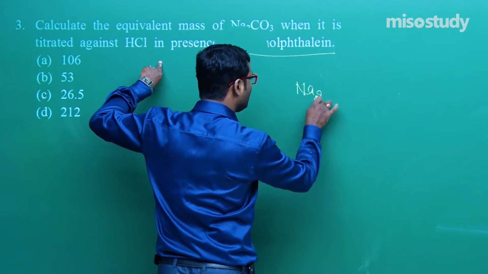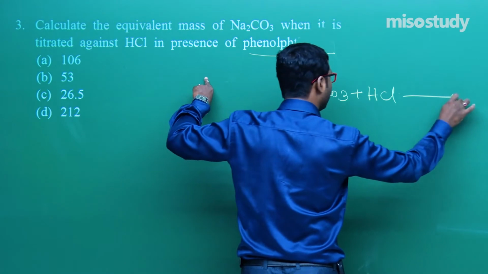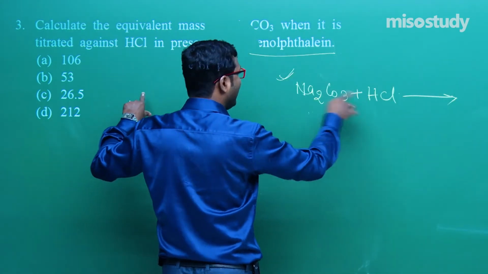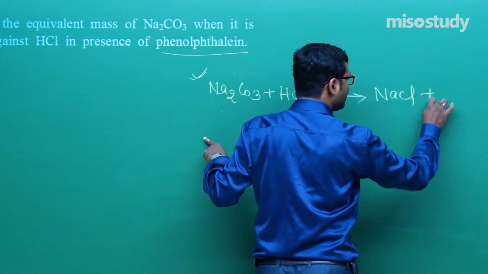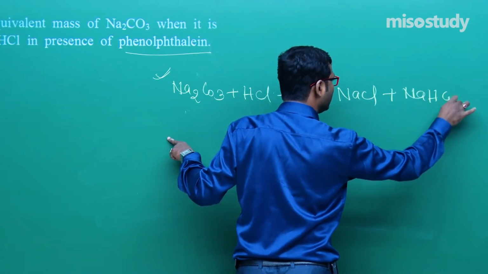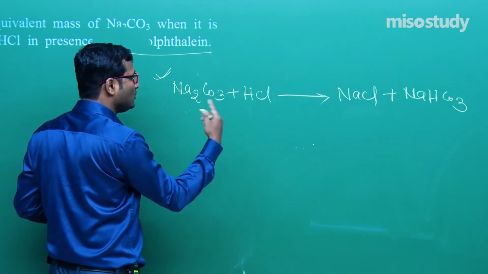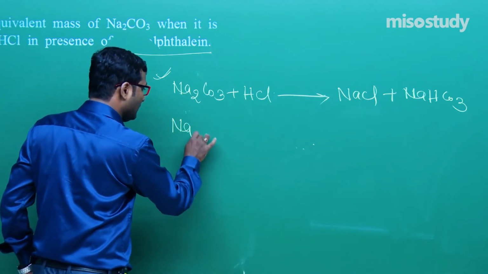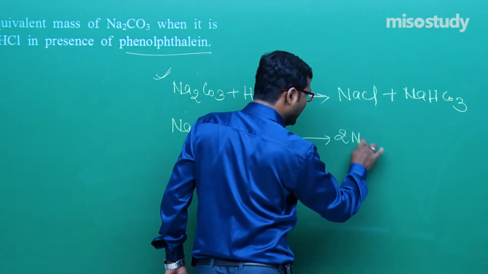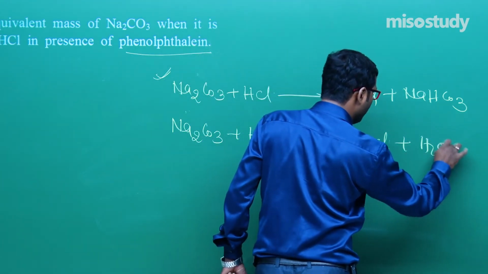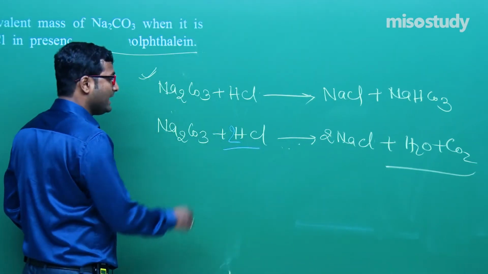Na2CO3. Look, this is one of the best questions in acid base titration. I have also discussed this, and again I am discussing it. Na2CO3 will give NaCl, and it gives you NaHCO3. This is the reaction. Not this reaction, 2NaCl plus H2O plus CO2. Be careful. In this case, this will not be the reaction. Listen to me carefully, this is not the reaction.